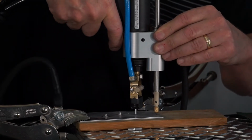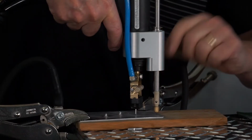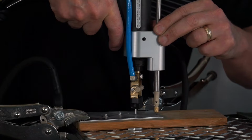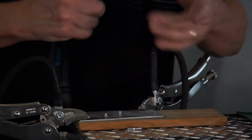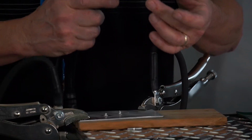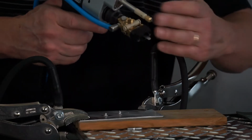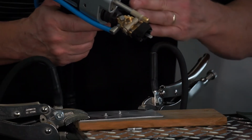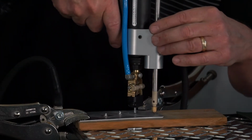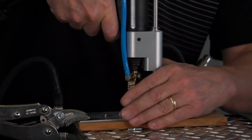So a real simple trick on this, with having this piece in the front, if I push down on this and I take this and push it forward about 1 millimeter, watch how much this piece here moves. So I don't end up putting too much pressure on this piece going in. That is about the biggest problem with trying to weld these on, is that people are pushing too hard on this and not allowing this area to lift up to make the arc. So push down, I'm going to go forward just a hair,